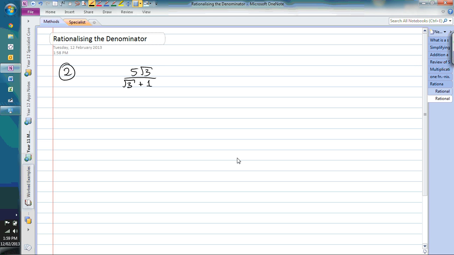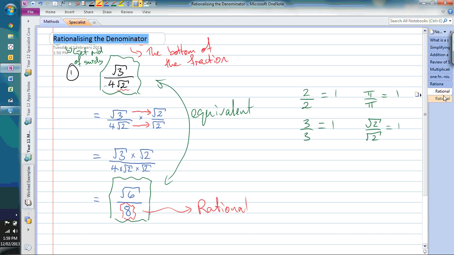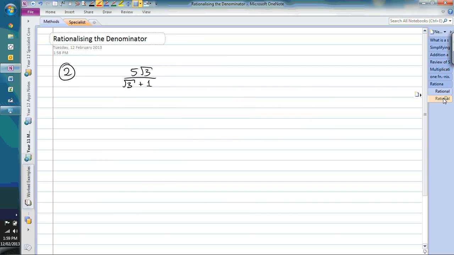The second example here is a slightly more complicated fraction that we need to rationalise. You'll notice that for this one, we've actually got what's called a binomial. Bi meaning two, nomial meaning number. It's got two parts to it, separated by a plus, as opposed to the first one that really just had one term, this 4 root 2. And when we're rationalising a fraction that has a binomial expression like this in it, we're going to need to